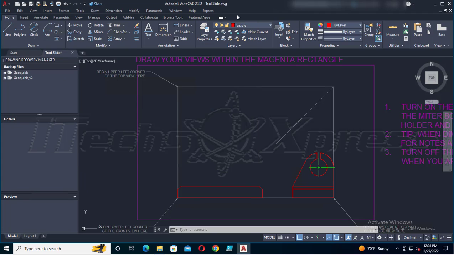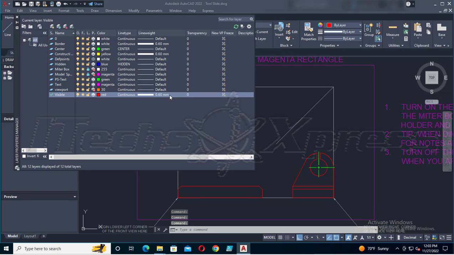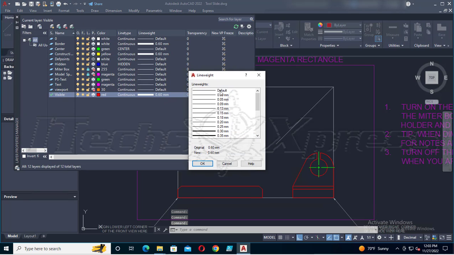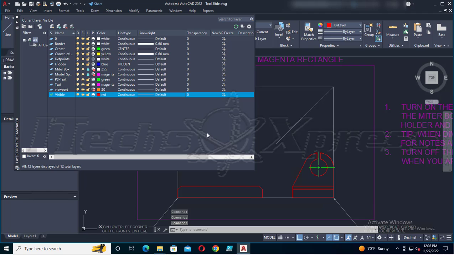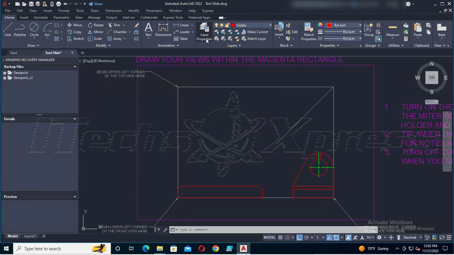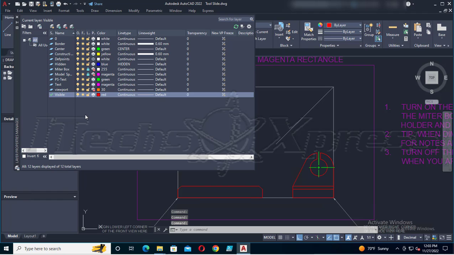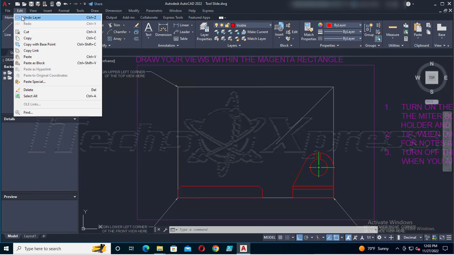Oh wait, I think I forgot to, yeah, I need to make this default. There we go. And make sure that it is active. Alright, gotcha. Wait, did I do that right? Nope. I messed up. Let's undo